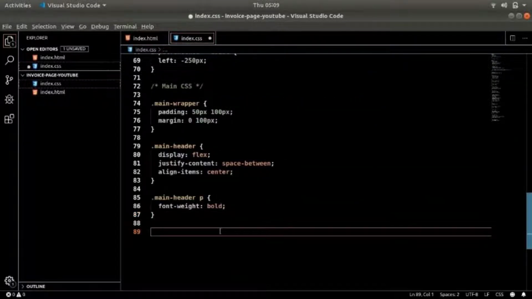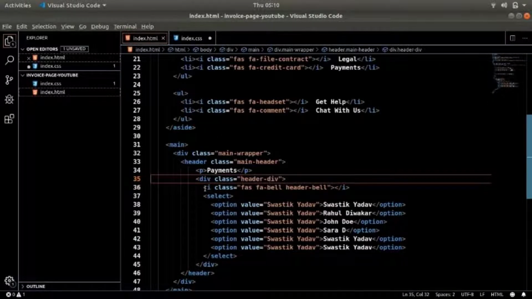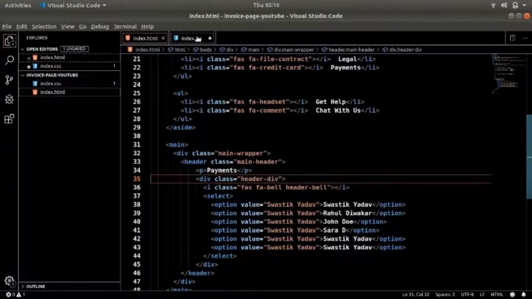Now we have this header div, and what we can do is, it's already display flex and all, so I'll just go with the bell icon and we'll make it 20 pixel in size.